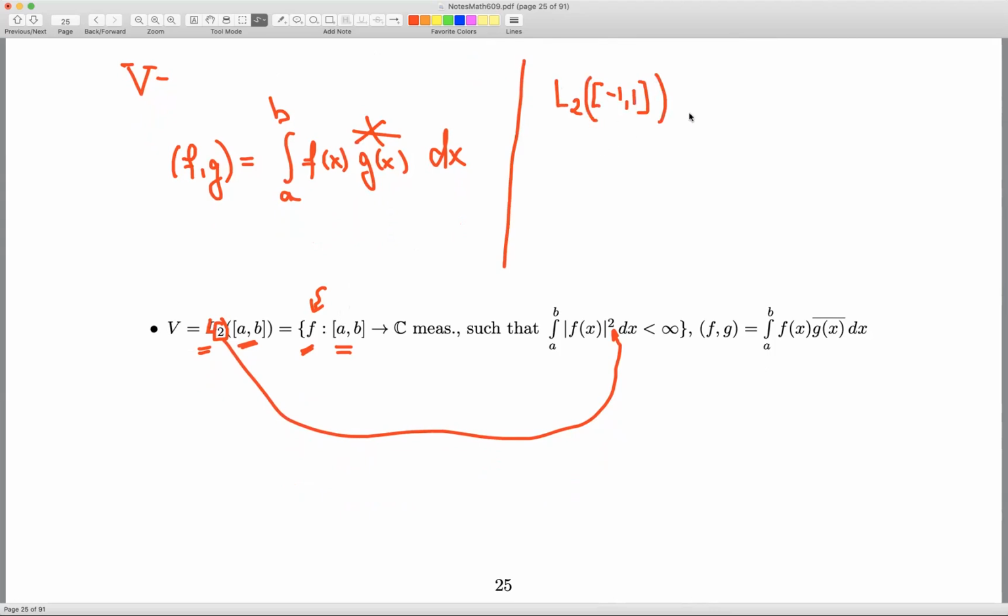This is the set of all functions, or equivalence classes, that are defined on the interval [-1, 1], take complex values, and are measurable, for which the integral from -1 to 1 of the absolute value of f of x squared dx is finite. And we would like to find two elements at least, or we'll give an example of two elements that